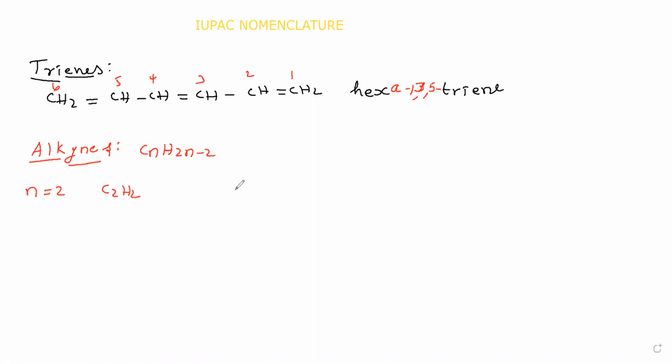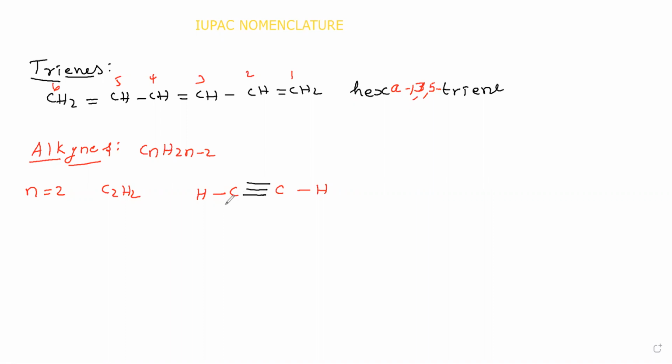Here 2 carbon atoms are there. The 2 carbon atoms will have 2 hydrogen atoms. For this carbon 1 hydrogen, for this carbon 1 hydrogen. Now carbon valence is 4. It is having 1 bond, so remaining 3 bonds. For this also 3 bonds. Those 3 bonds we will write as a triple bond. So carbon-carbon triple bond is there. Therefore it is coming under alkynes.